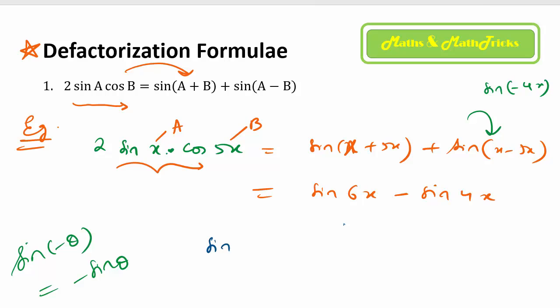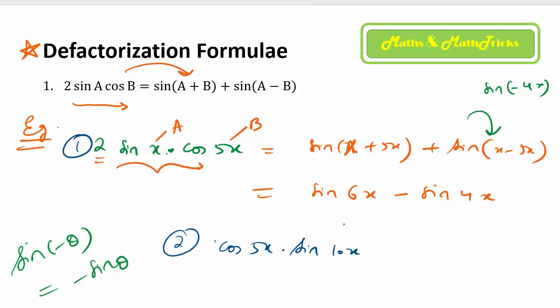Suppose your question is like this. Second question, suppose you want to express cos of 5x into sine of 10x in terms of sum and the difference of the trigonometric functions. What you have to recall in your mind is that where this product of cos and sine comes, it comes in the formula of sine compound angle, isn't it? So whatever may be the order, cos 5x and sine 10x, you may write that as sine 10x and cos 5x, but there is no 2.